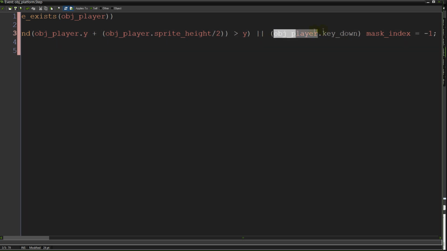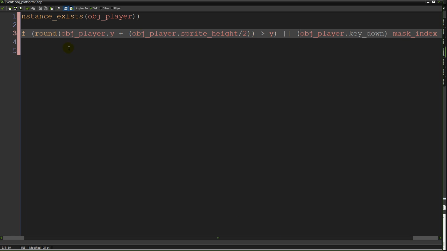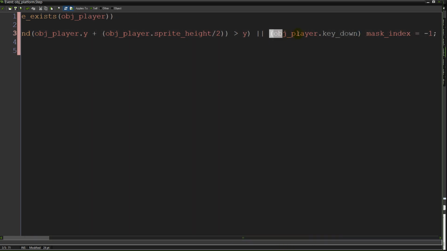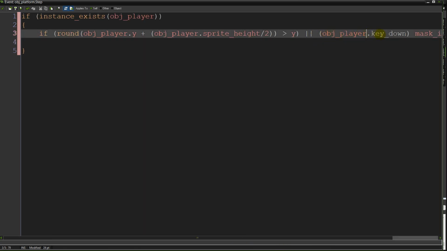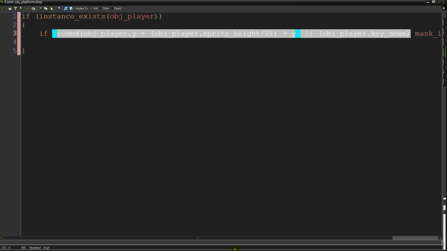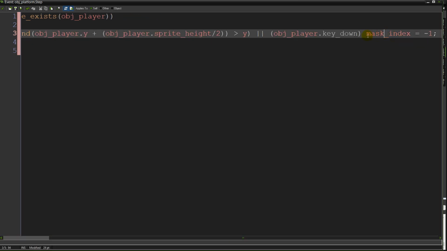So we've also got the down arrow key, and we haven't set up a down arrow key yet because we've not needed one, but we'll do that in a second. Basically, if we're above the platform, or for a condition we're going to set up in a minute, the downward arrow key is being pressed, so that would allow us to drop through. So assuming all of that condition is true, all we've done at the end here is set our mask index